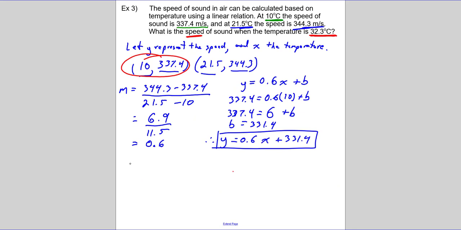So if the equation is y equals 0.6x plus 331.4, they've given us the temperature, they've given us x. So y is 0.6 times 32.3 plus 331.4. So 32.3 times 0.6 and then add in that 331.4 gives us